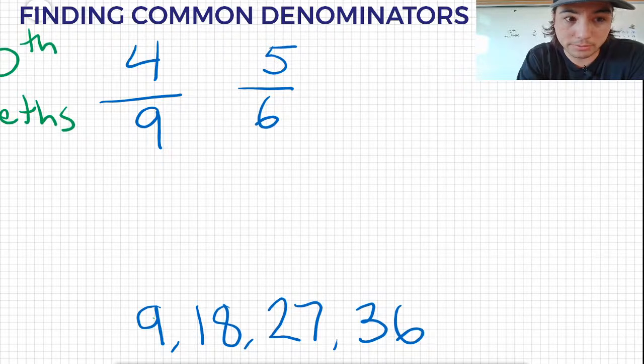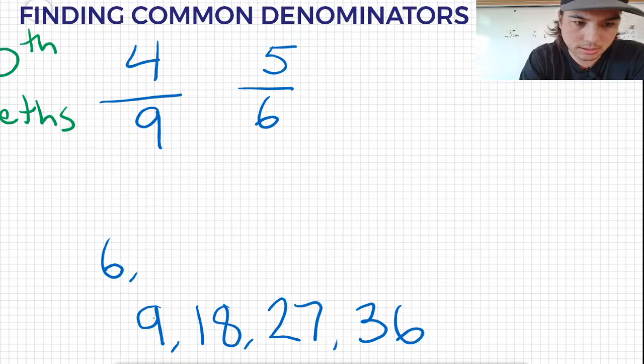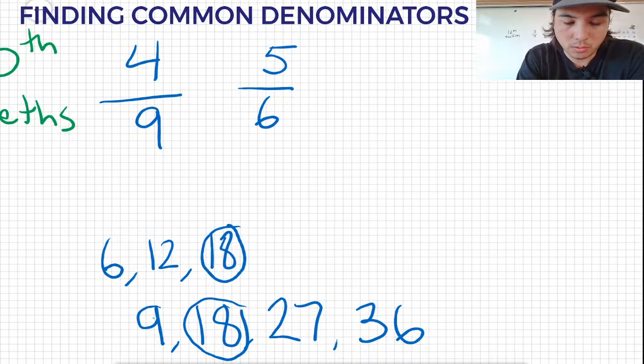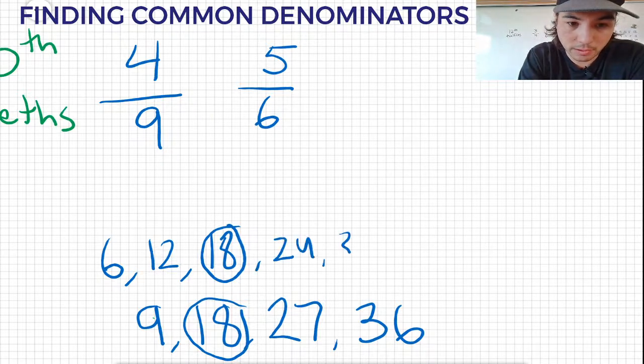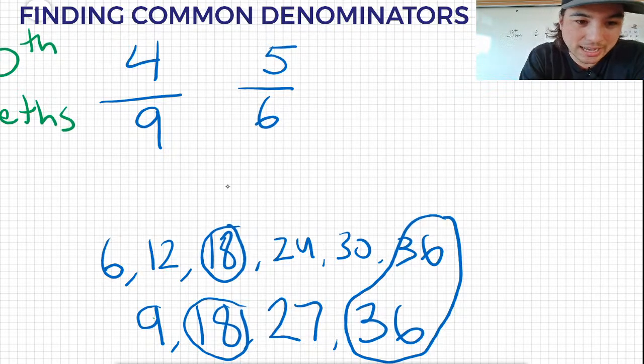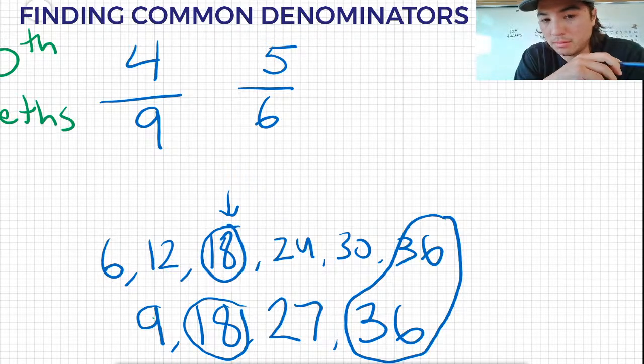So I know that one's going to be a multiple, but is there a multiple that has less value? Let's see, 6. 6 plus 6 is 12. 12 plus 6 is 18. 18 and 18. Oh, here we go. Even though I would definitely agree if we kept going to 24, 30, 36, we're going to get another common multiple there, right? But since 18 has less value, is a lower number,